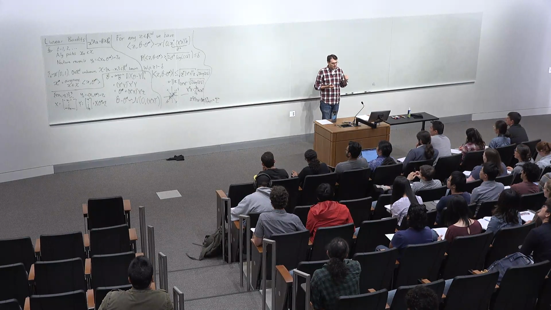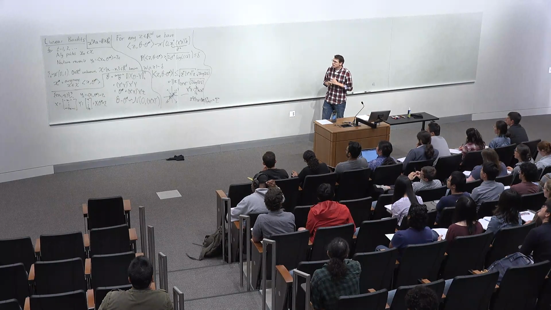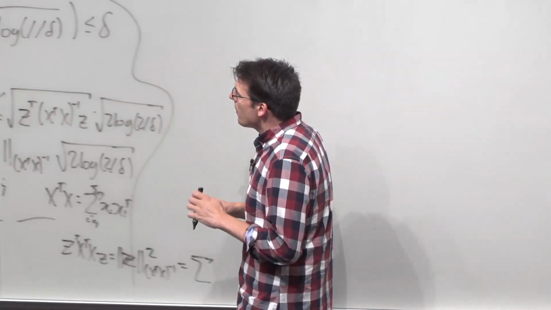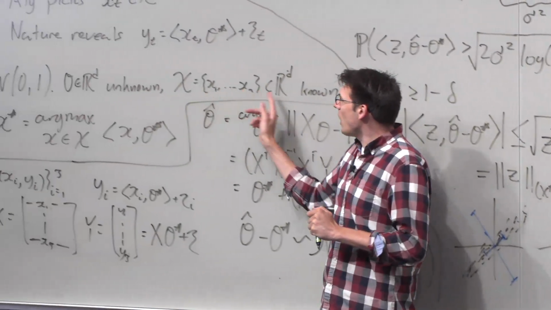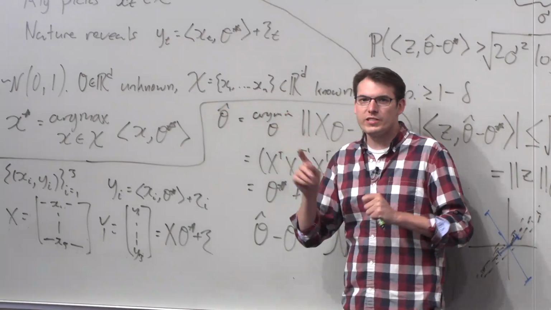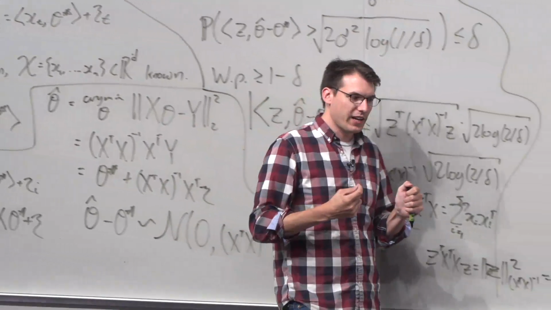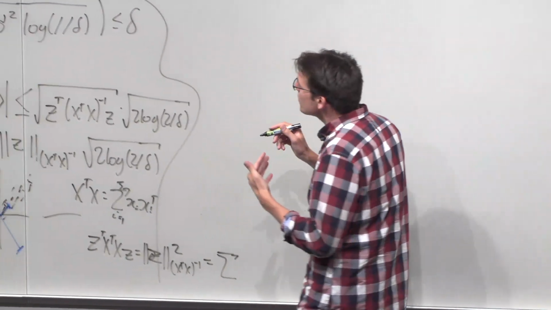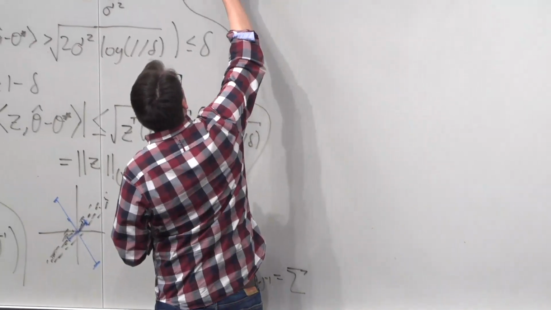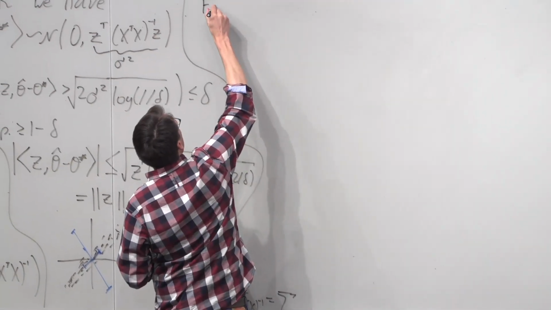Given this, you might have different objectives. But it's very annoying to optimize over this discrete set of x's, because of integer constraints. And so a lot of times what we do is we approximate: for every x transpose x,